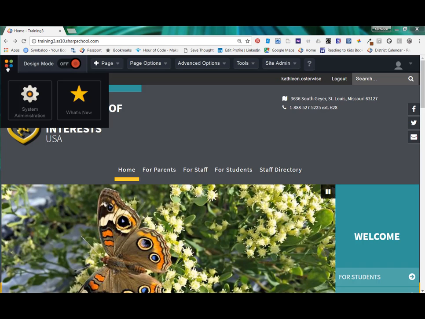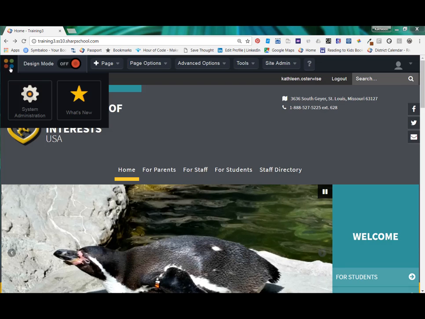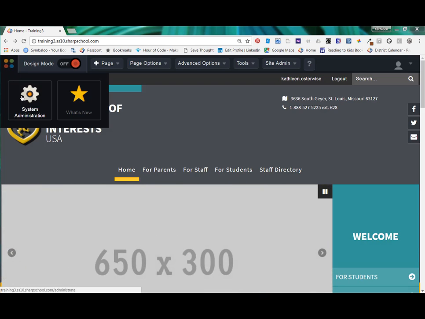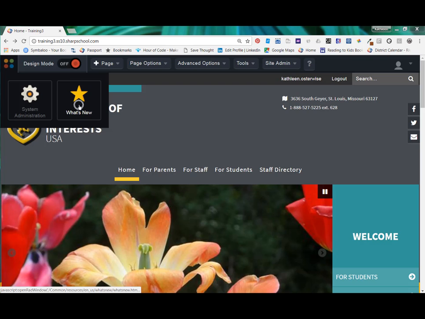The four dots in the upper corner may say no shortcuts available, or they may have links to the back-end settings. This area is for administrators of the Presence website to manage user access and group lists. The What's New star can show you all of the aspects of the program that have been added with the